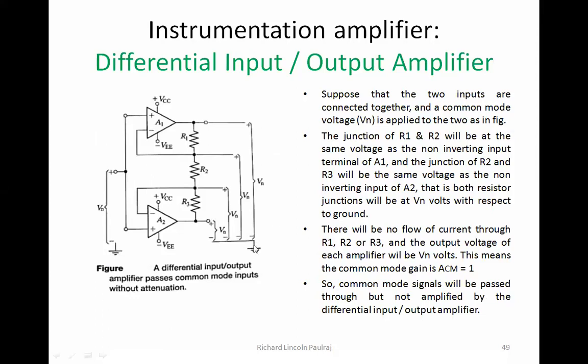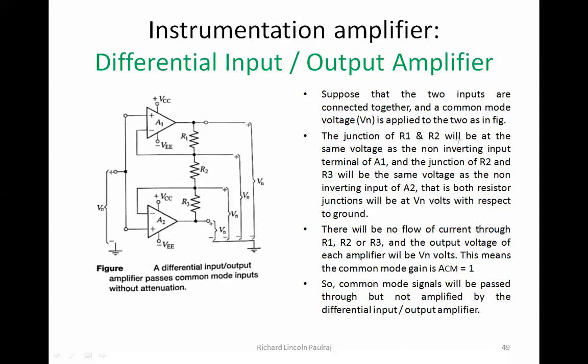Now here, interestingly, we can get different voltages at different points. So Vn is taken at this point, the output of op-amp 2, and I get Vn even here from the feedback network of op-amp 1, and the total output of op-amp 1. So this is the circuit here, right? Small changes to the input, but still there's going to be a major impact towards the output side. Okay, suppose there are two inputs that are connected together as a common mode voltage. This common mode voltage is called Vn.